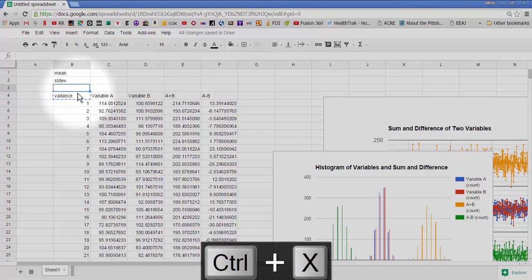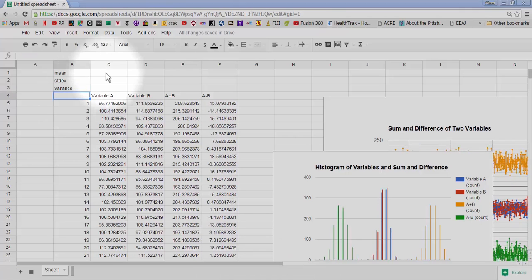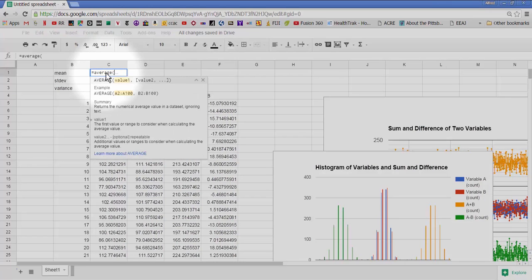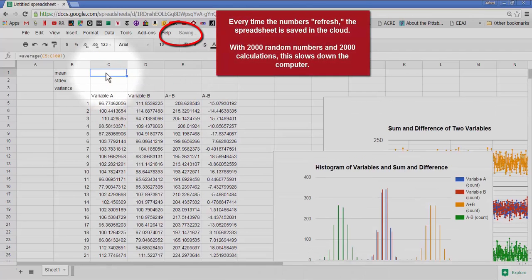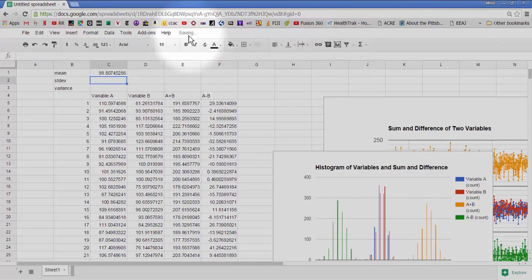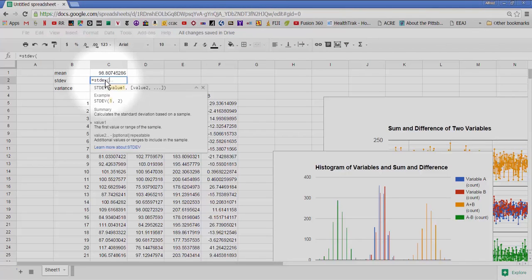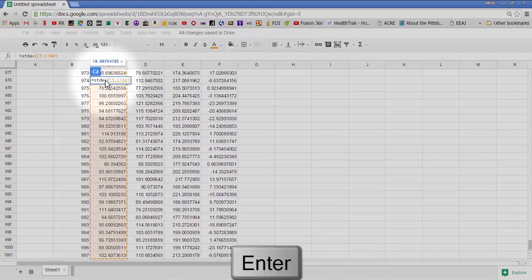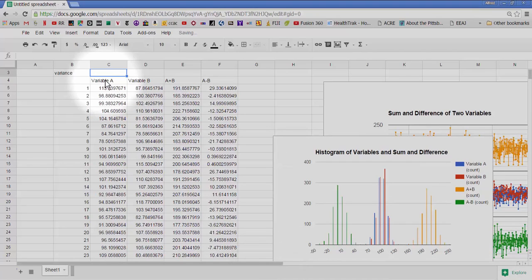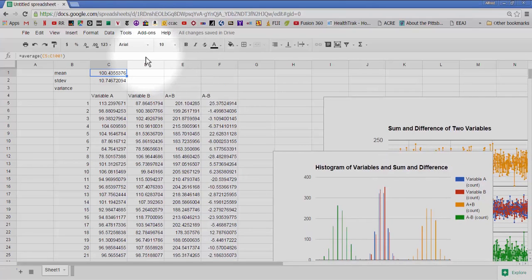You may have noticed that every time I enter something, all the random numbers refresh with new random numbers, and all the calculations have to be recalculated, and the charts change. And with 2,000 random number formulas and a couple of calculations based on them, this slows the computer down. But it also turns random number experiments into living examples of variation over time. So each time the screen refreshes, you get a new sample of random numbers, and you see how estimates vary in each case. And this is like the real world. Sometimes things come close to expectations,